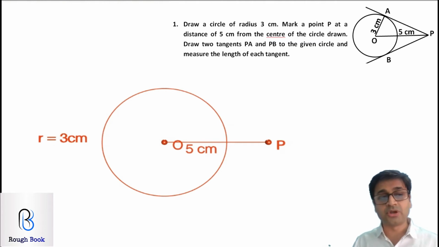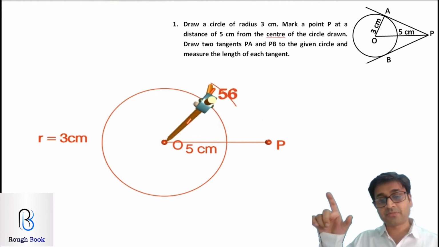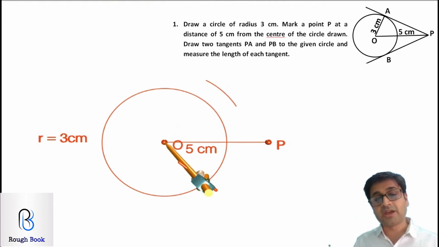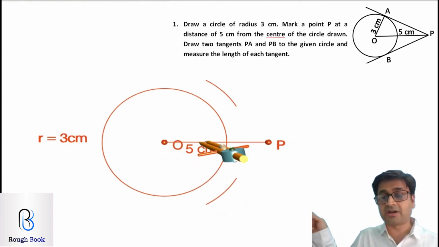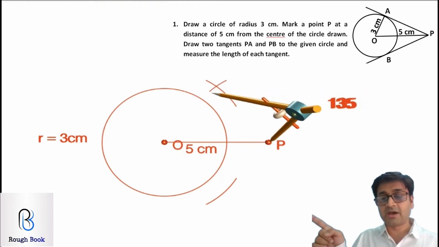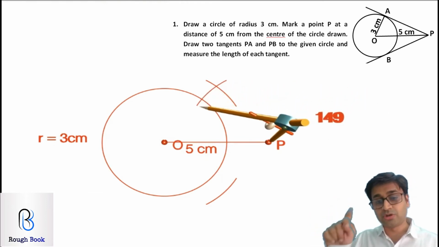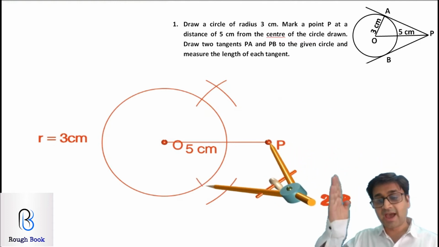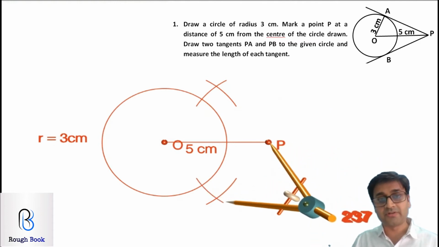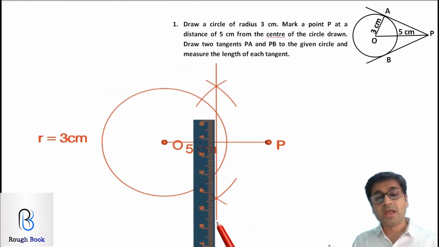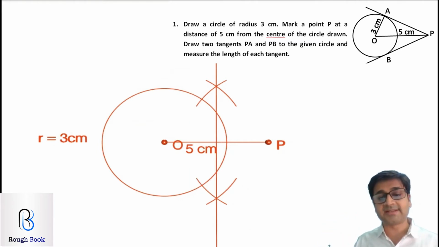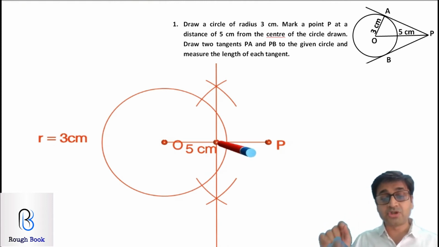I'm keeping my compass on point O and cutting a radius more than half, one arc up and one more arc down. Likewise I'm going to keep it on P, and then one arc up and one arc down. Can you see the arc being drawn down, and now the second one up, right? We will join both these points of intersection of the arcs, and the line that we pass through these 2 points of intersection is going to be your perpendicular bisector of segment OP. Let's fix the point where it is hitting OP as some point. I think point M maybe. Now point M is your midpoint of OP.